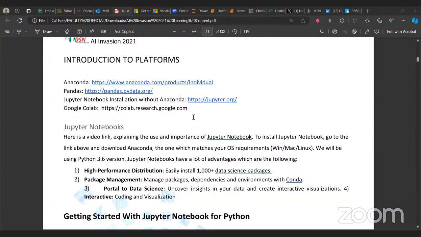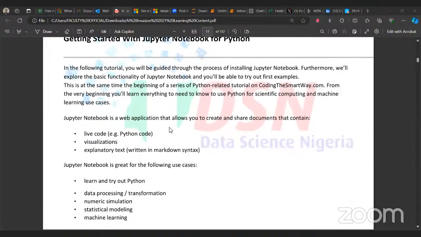So whatever you do is not restricted to the performance of your laptop. If you want to build something very intensive, you can use more powerful computing resources on Google Colab to run your programs. That's the advantage of Google Colab versus Jupyter Notebook. I hope you guys have gotten Jupyter Notebook. Can you guys respond in the chat?